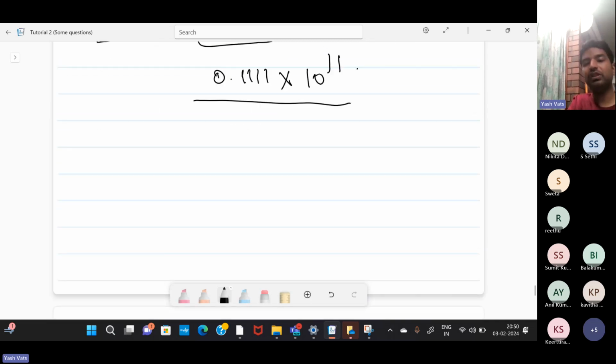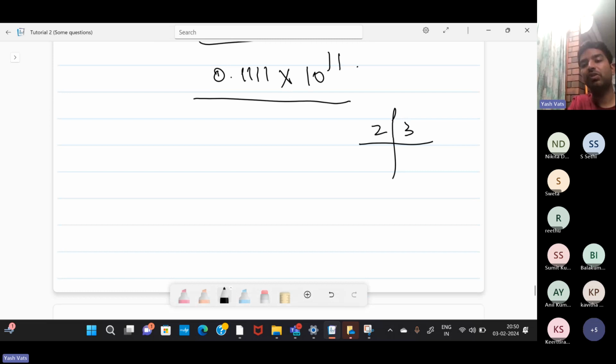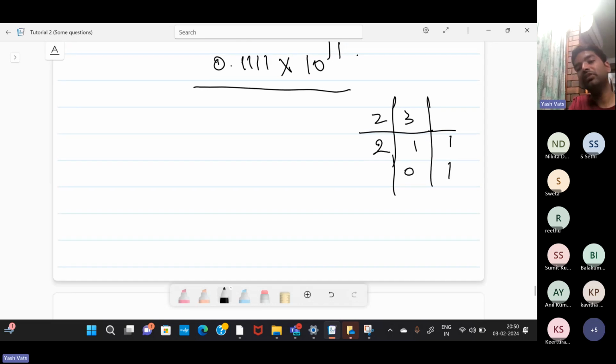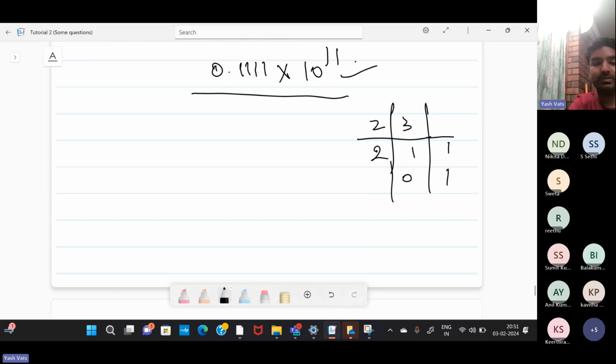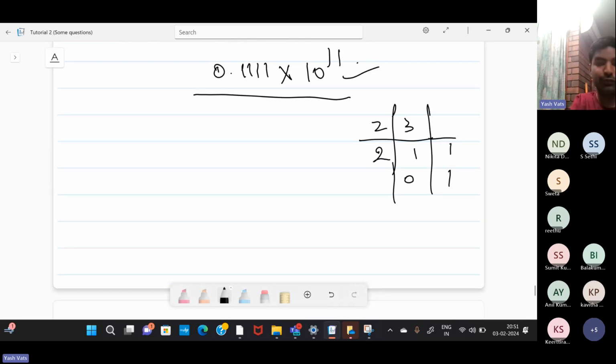Why? Because you just do it with 3. What is 3? 2 plus 1, so 1, 1 is the binary representation of 3. You just replace by that. That's it. Like this, you can convert any type of number. Keep in mind, if you have to store these types of decimal numbers in the 8-bit computer,